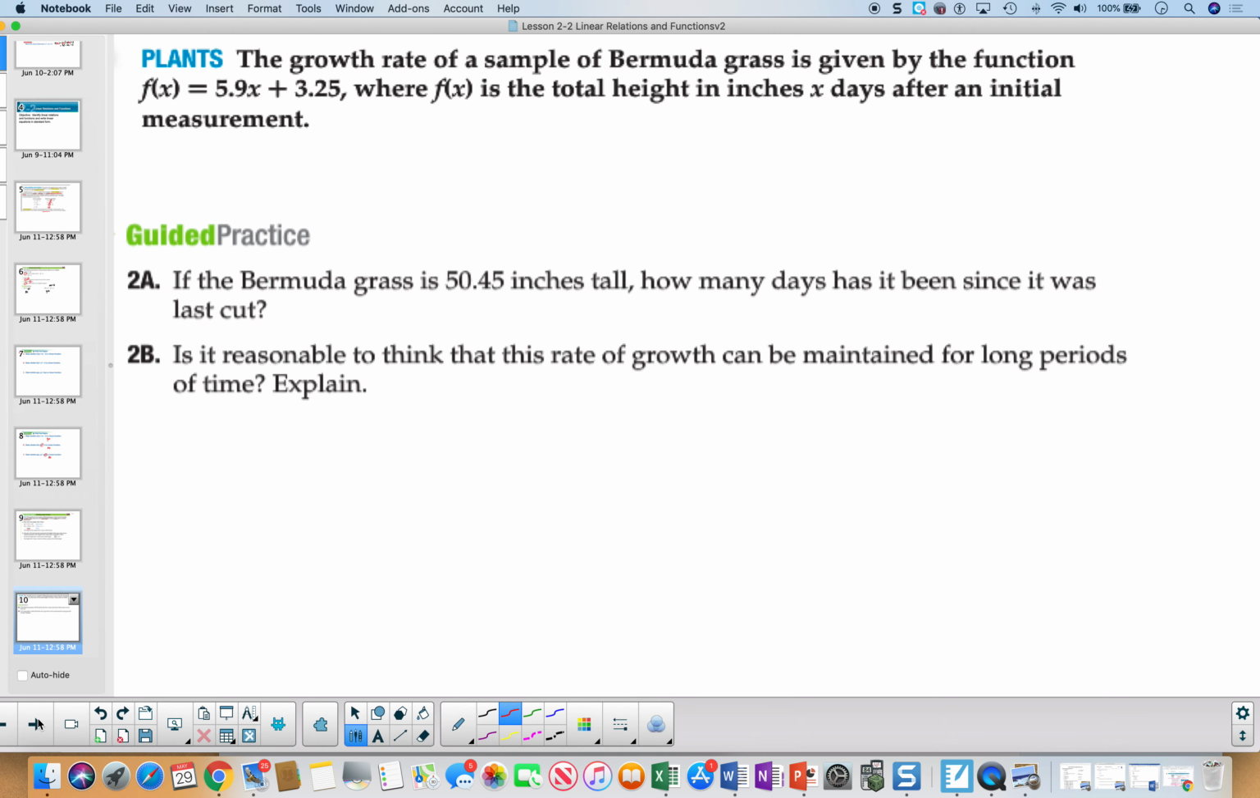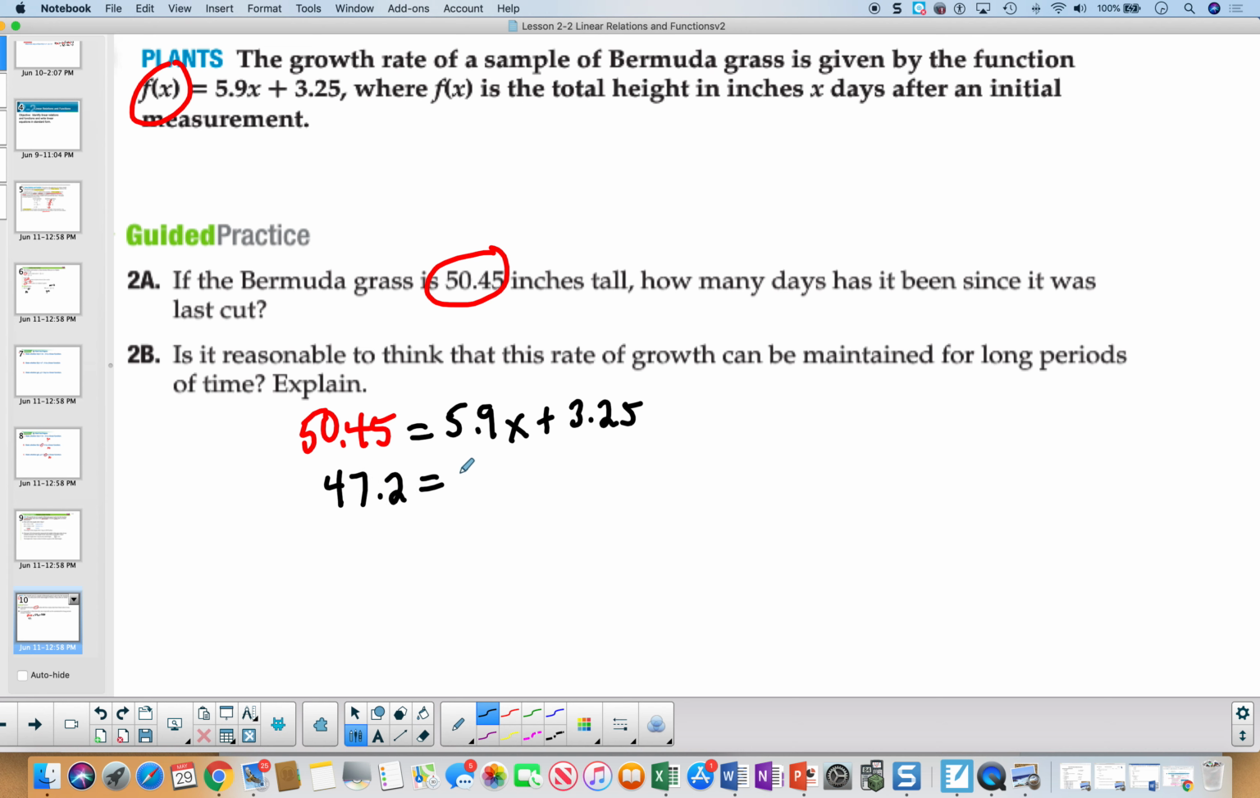Using this same equation, let's see if we can answer other questions. Now we're being told this is how tall the grass is. We're being given this number, 50.45. And the question is, how many days has it been since it was last cut? So we are looking for x. Now to get x, we're going to solve for x, which means I'm going to subtract 3.25. 47.2 is equal to 5.9x. Now I'm going to divide both sides by 5.9, and the answer is 8 equals x, and 8 stands for